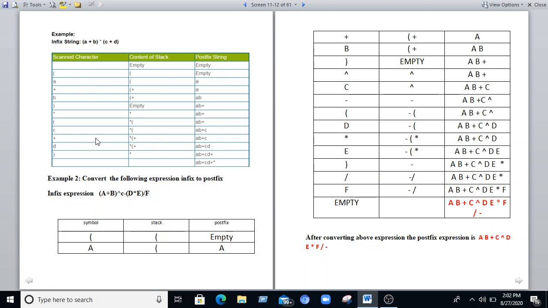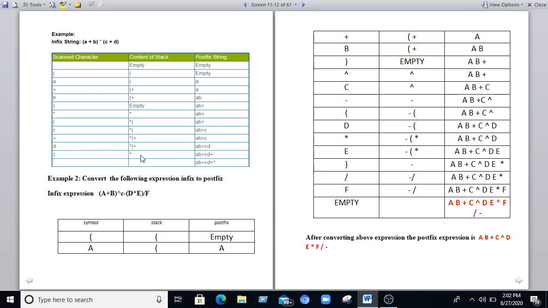Next we'll scan the next letter, D, which can be stored into the postfix string, A B plus C D.